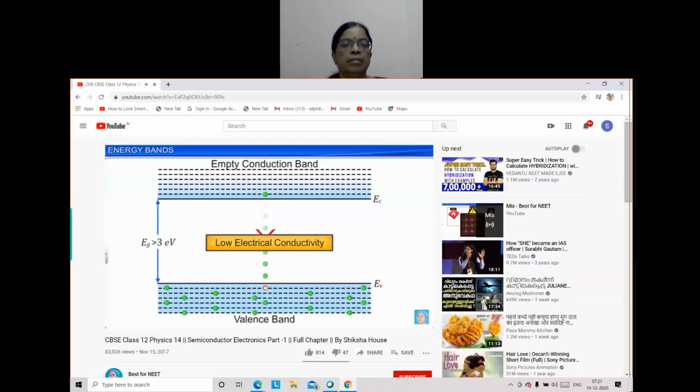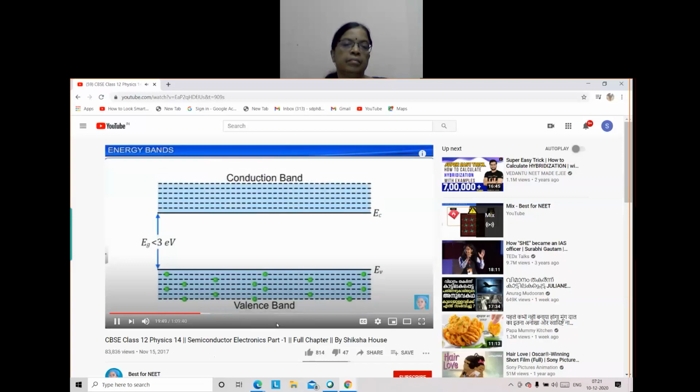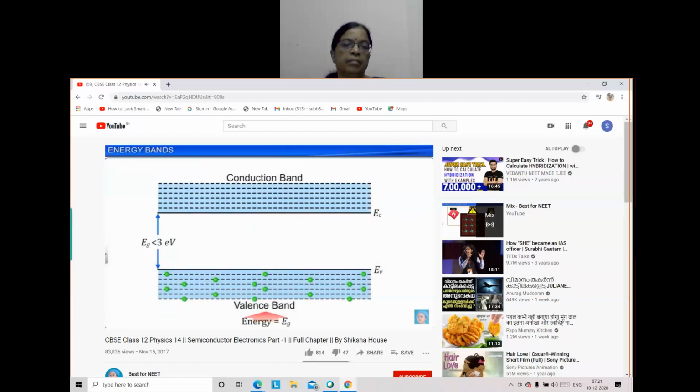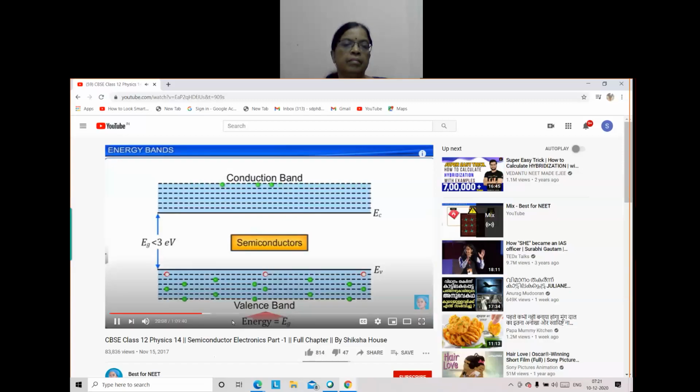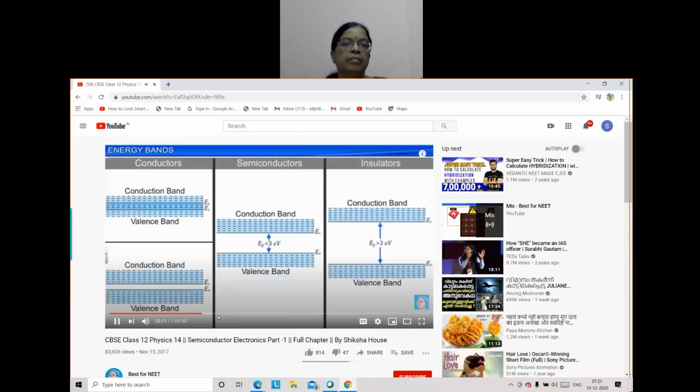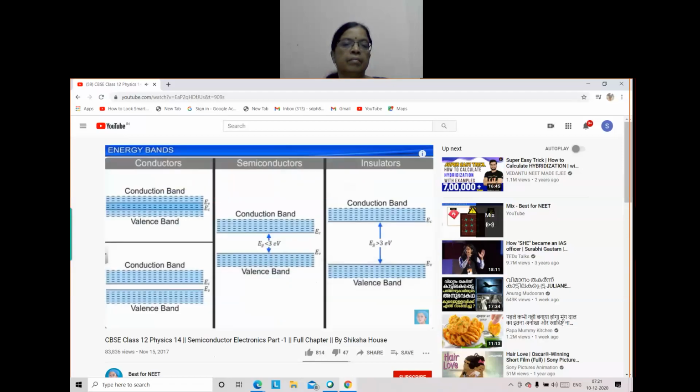In semiconductors, we have seen that a finite but small band gap of less than 3 electron volt exists, and as such, by supplying sufficient energy, the valence band electrons can move into the conduction band. Therefore, the semiconductors have conductivities between that of the conductors and insulators. Thus, we see that on the basis of energy bands, materials can be classified as conductors,